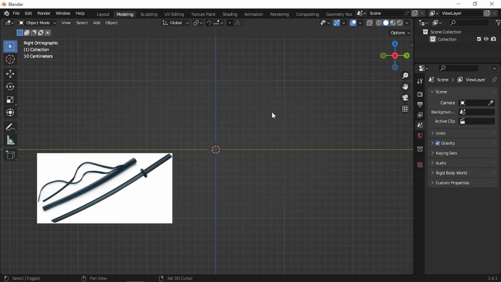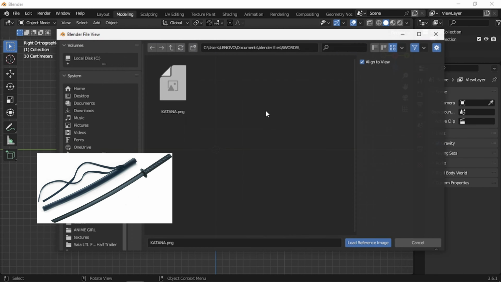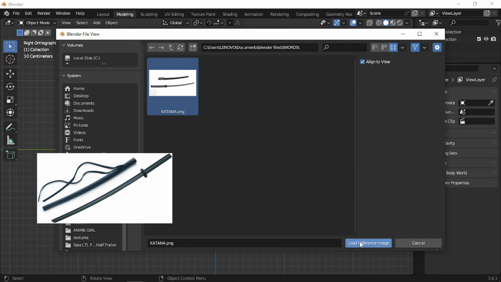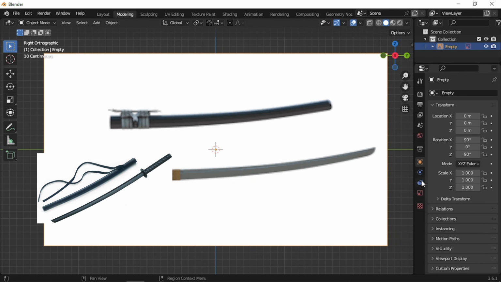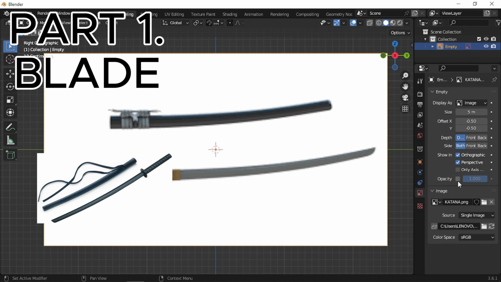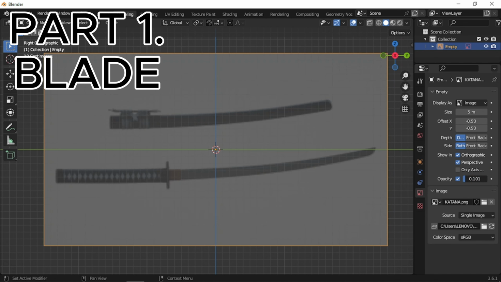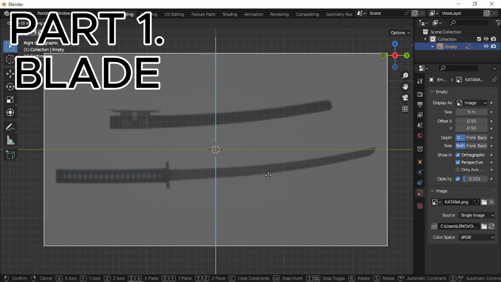Have you ever thought of modeling a katana in Blender? Is it hard? Don't worry, I have brought you a tutorial about modeling a katana. So let's get started. First we will add a reference image so that we can model the katana according to